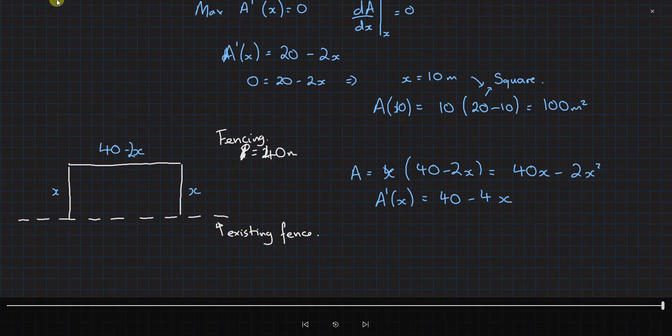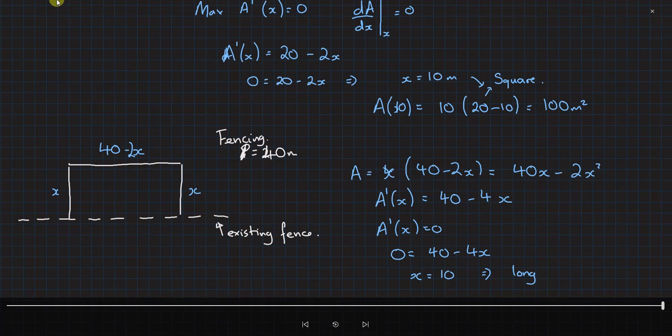Well, that doesn't make sense. Minus something, 40 minus 2x is correct. Oh yeah, it does make sense. So now we come along, make it equal to 0. Strangely enough, x winds up being 10 again in this case. So A dash x equals 0. So we get told 0 equals 40 minus 4x. Rearrange it and we get x equals 10, and the other length,